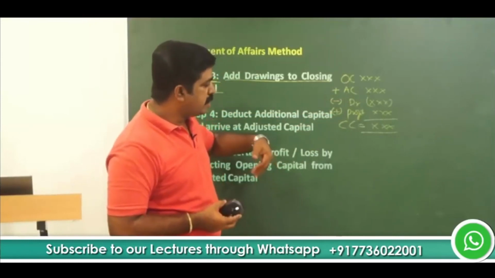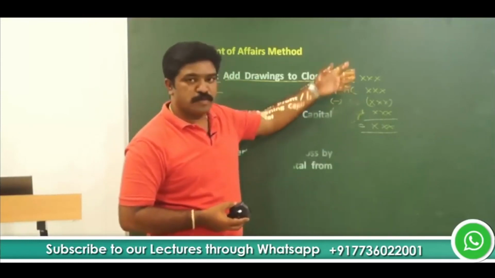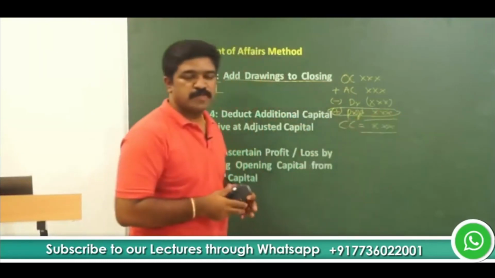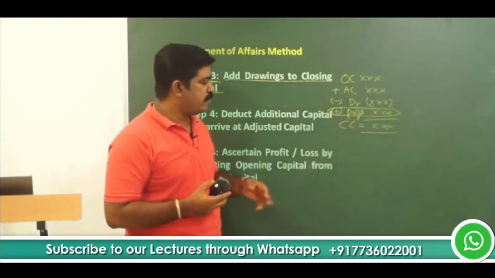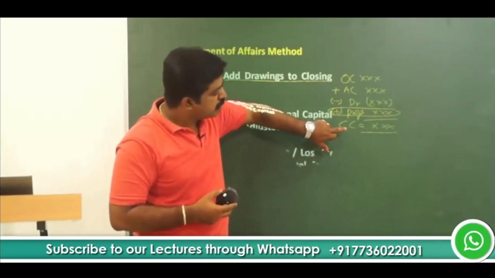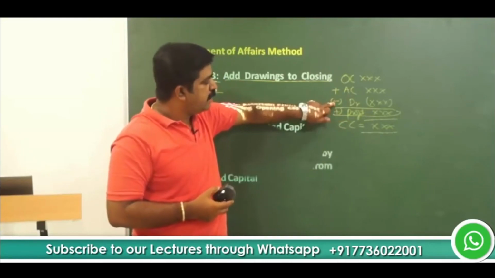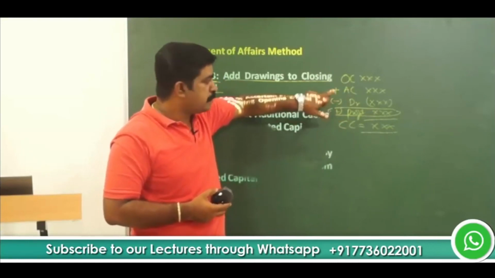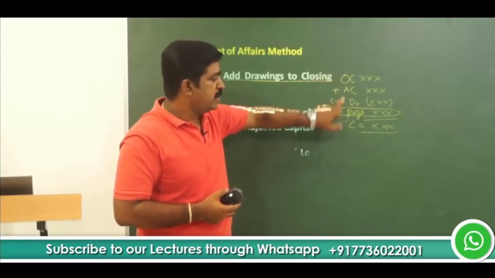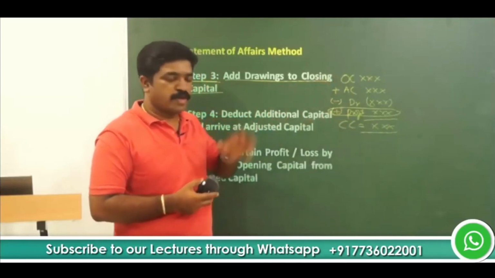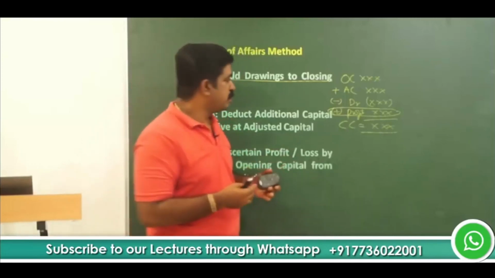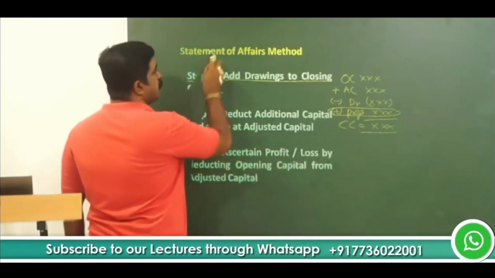And here we are trying to find out the profit. So what is missing here? Profit is missing. So how can we find out the profit? It's simple. We are going by a reverse approach. Closing capital, add drawings, subtract additional capital, subtract opening capital, and that will give you profits. So it's like rewriting your equation. If you want, I'll put it here.